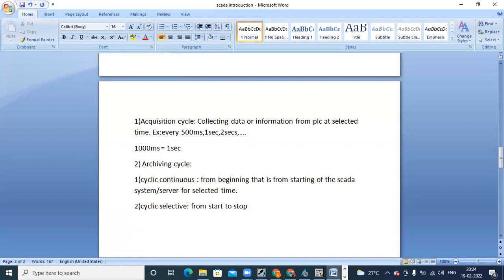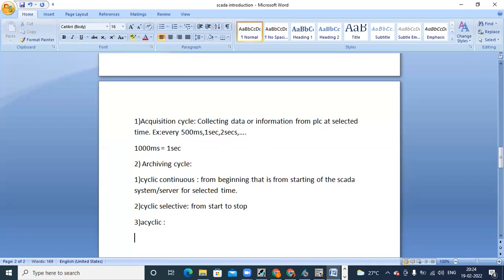When I give the start command and the machine starts, until the machine stops, for that selective process you can store the data. Similarly, we have acyclic archiving.